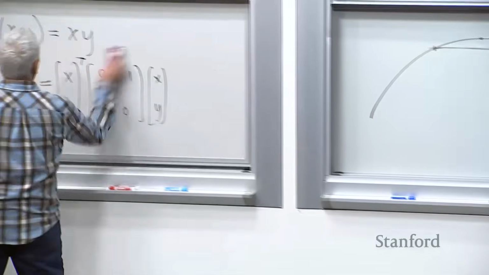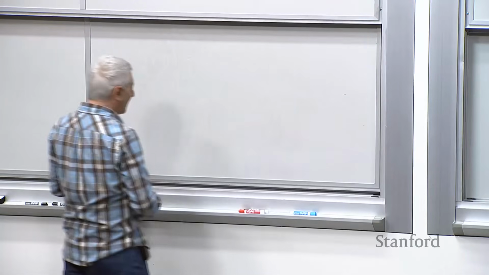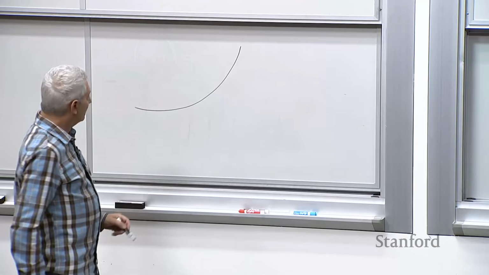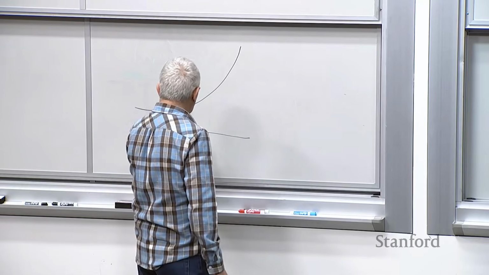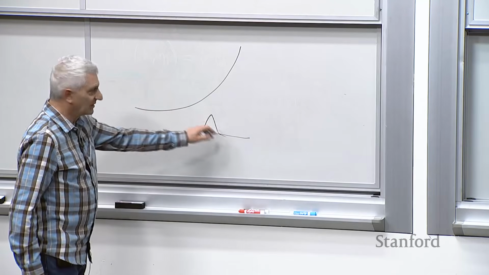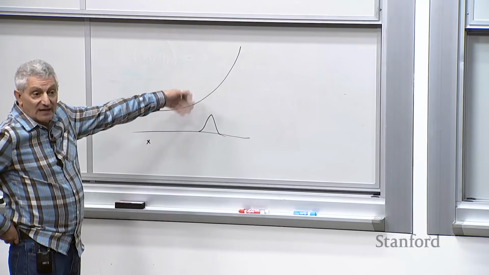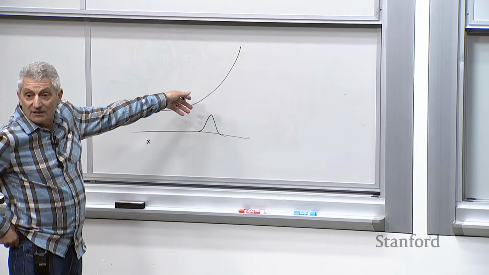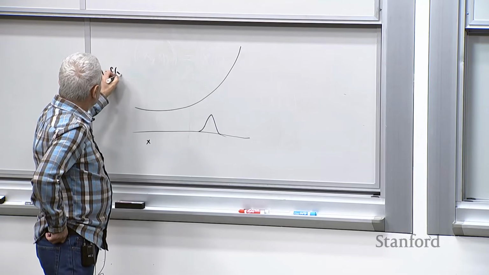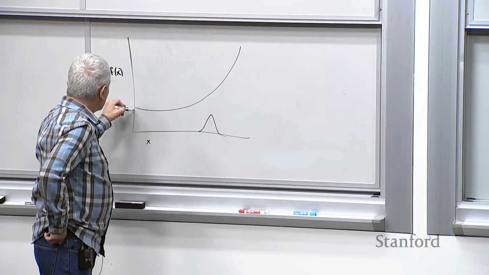And this will get clear later in the class when we do other stuff, but let's just try this out. So here's a convex function, right? And then I make a little probability distribution that looks like that. There. This is x here. Here's my little probability distribution. And I want to know what happens over here, if this is x and this is, let's say, y equals f of x. I get a new distribution on y, right? Looks like, I don't know, looks like that, right?